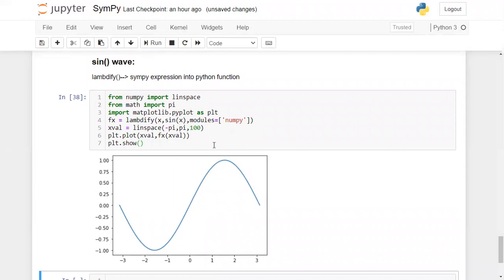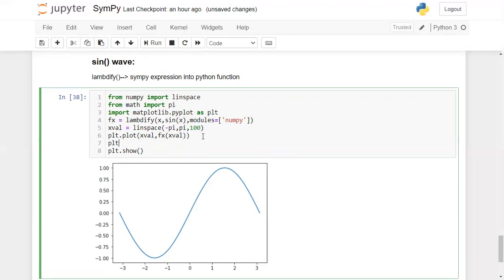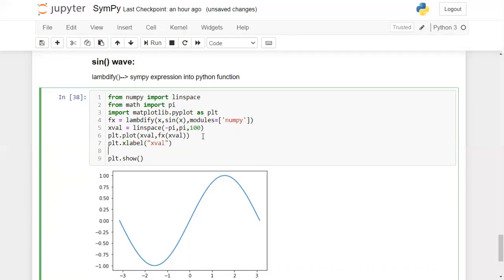I want to give some titles for the x-axis and y-axis. So here I'm writing plt.xlabel. On the x label I'm representing x values, right? So I'm writing x val.